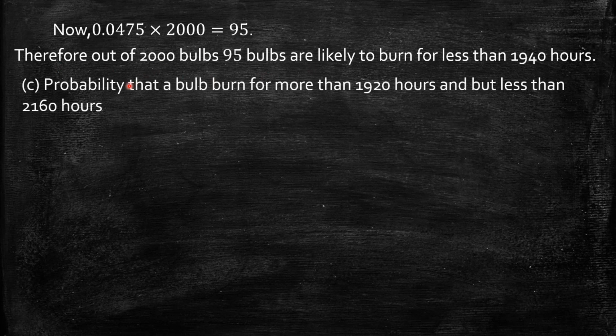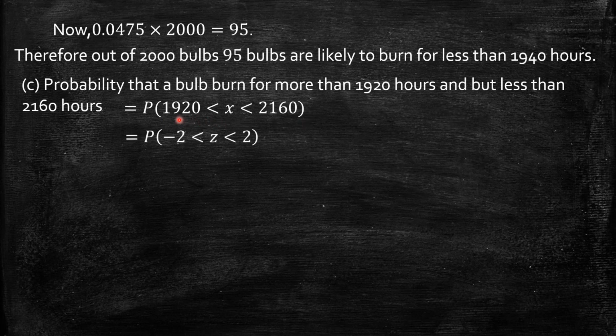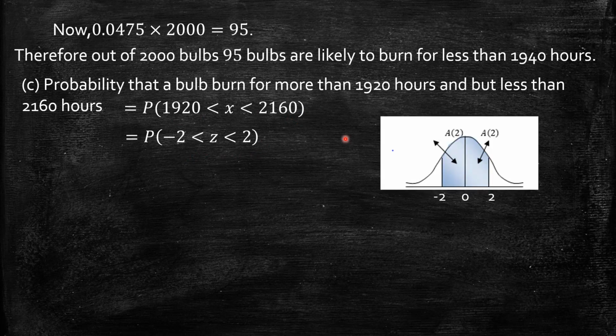One more question: the probability that a bulb burns for more than 1920 hours but less than 2160 hours, in a range it is given. The probability required is now 1920 to 2160. So corresponding to x equal to 1920 and x equal to 2160, get the z value, which simplifies to minus 2 to 2. That means the area under the standard normal curve from minus 2 to 2, this area I want,